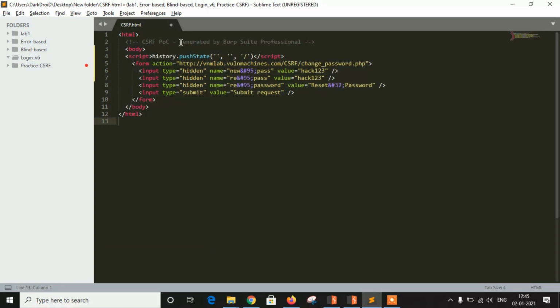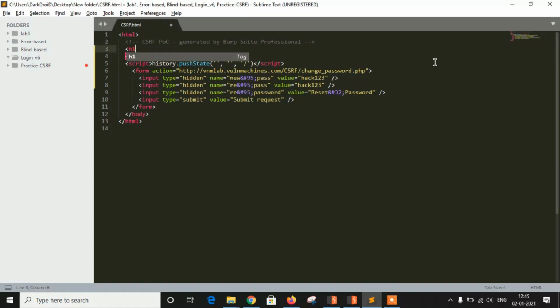So I have pasted it over here and just added the h1 tag. The attacker has forged the change password reset link and sends it to the victim.